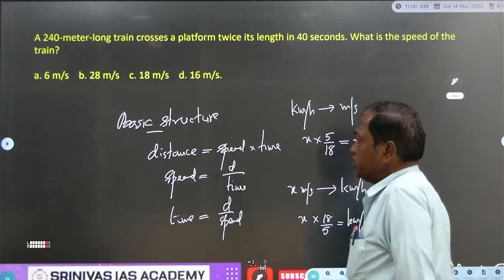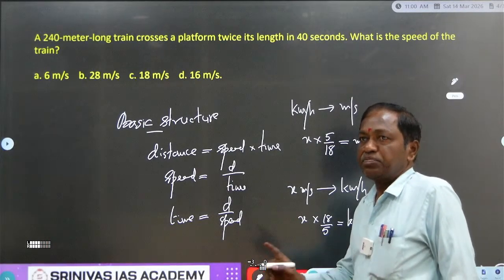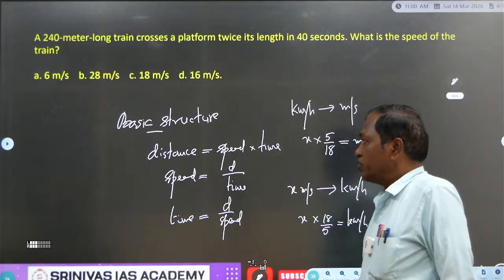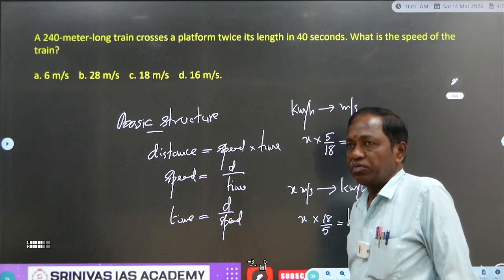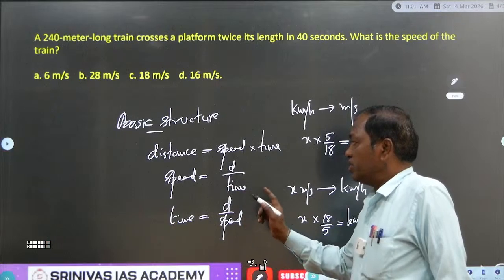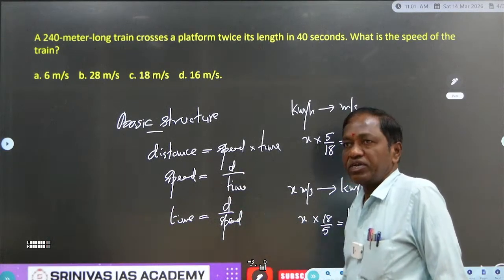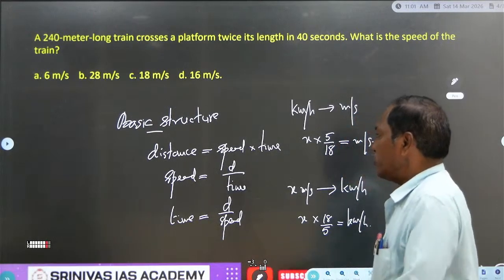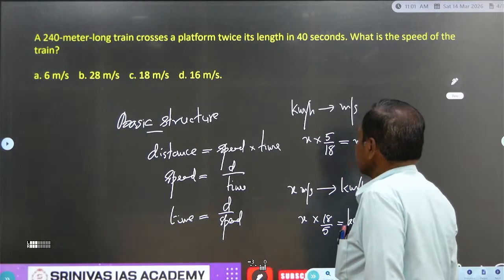Out of distance, speed, and time, two things are given and only one thing is being asked. If two things are not given, we cannot arrive at the conclusion of choosing an option. Time and distance are required to know the speed. So any two we definitely need to know. Out of three, two should be given, one is to be found. Yes. Next,